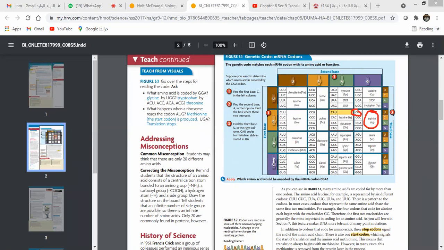Okay? If you look at these codons, you will observe that there is a pattern. In most cases, the codons that represent the same amino acid share the same first 2 nucleotides. Look at leucine here: CU, CU, CU, CU, and this is another type of leucine, UU, UU. Also arginine starts with CG, CG. So the codons that code for the same amino acid start with the same first 2 nucleotides. Same thing here: asparagine has AAU, AAC.